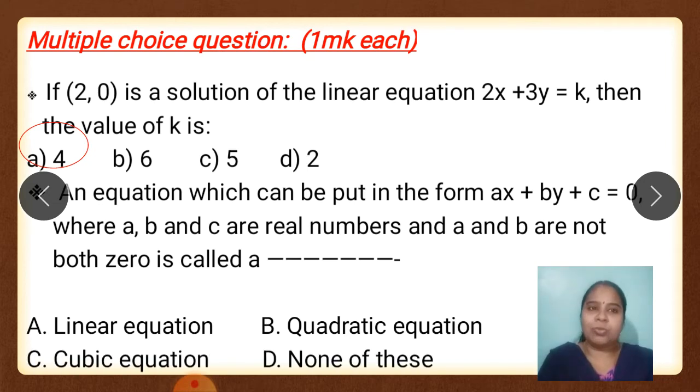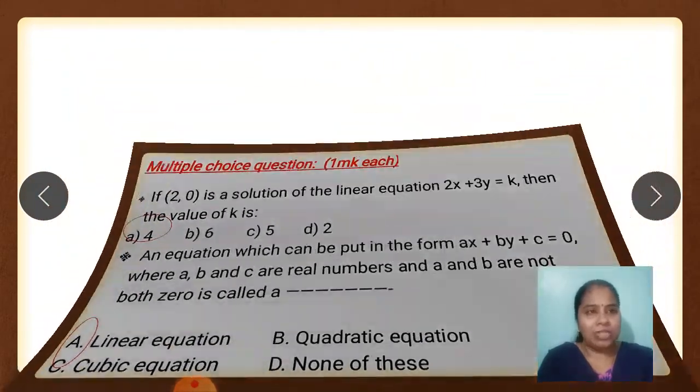And the other 2 options also I have given you. I might give you only 2 options in the exam or 4 options like this. From there you have to guess. Okay. So for the other 2 options, if I want to give, I will give you cubic equation or none of these. Now tell me which is the correct answer. Think about it. Yes, the basic definition of linear equation. So this is the correct answer. It is linear equation. Right? I hope you are understanding it.